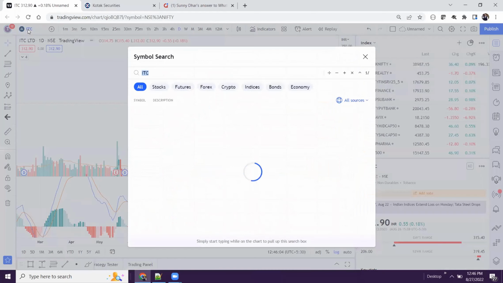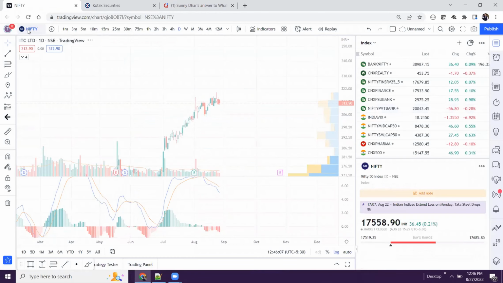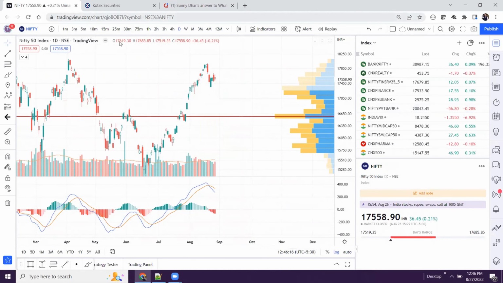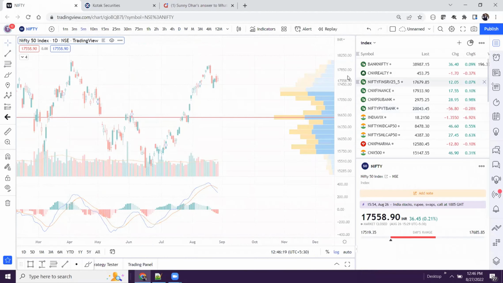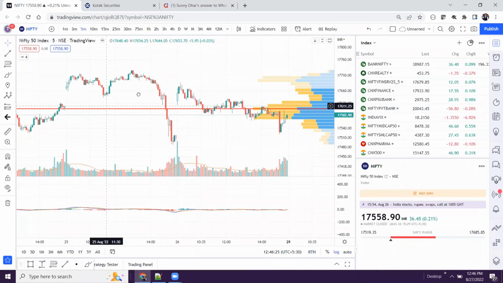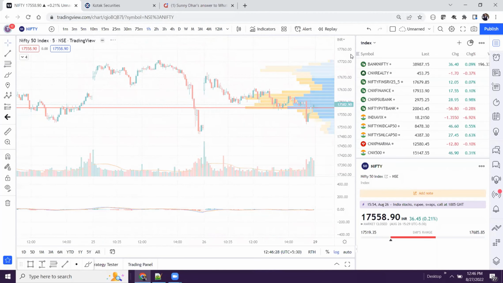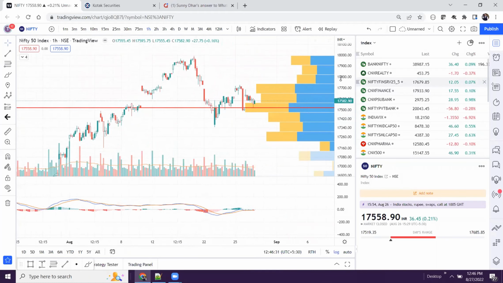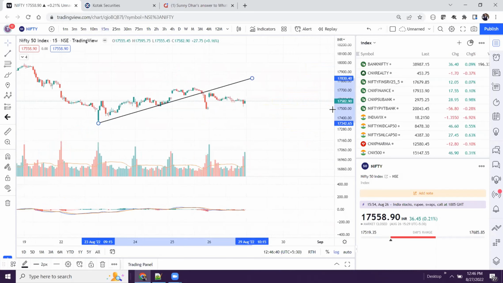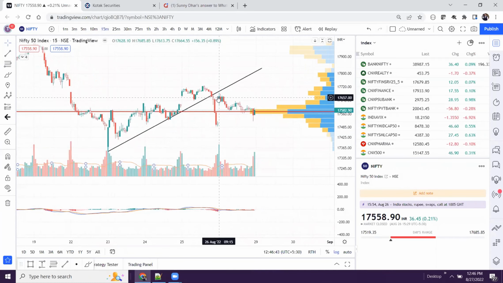So let me first give the reason why. On the Nifty yesterday, I told you, let me recall, that 17,700 has the highest open interest, right? In the chat yesterday morning I had given that 17,700 has the highest open interest. So see, from the same level, and now let me draw one trend line here. Yesterday 17,700 had the highest, so from the same level,